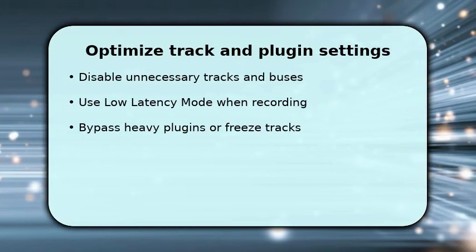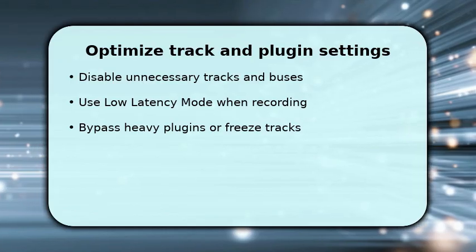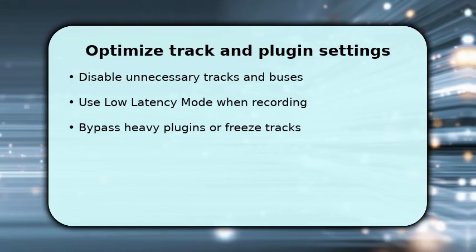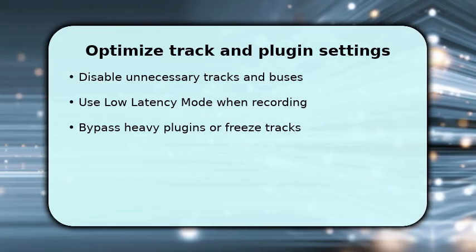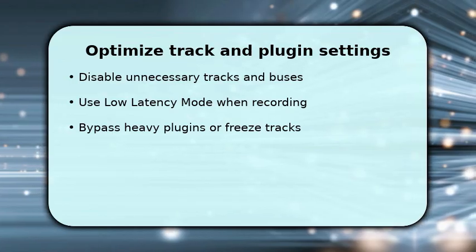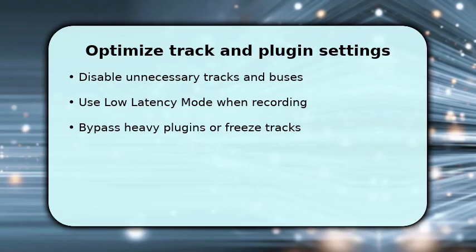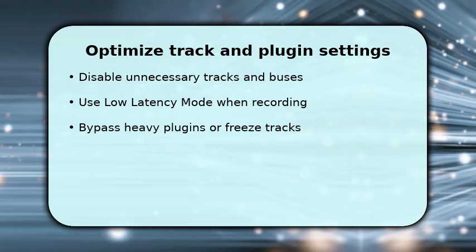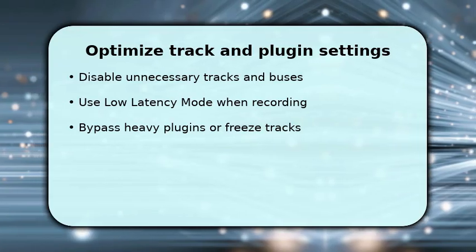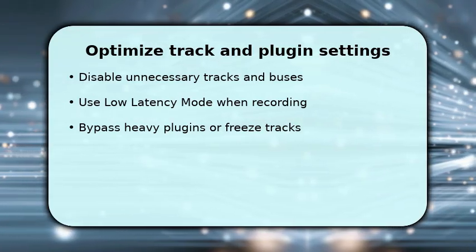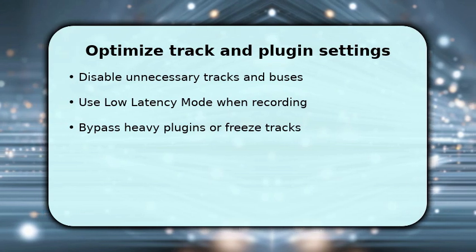Next, you trim system demands by disabling any tracks you don't need and collapsing aux buses. Once done, enable low latency mode in the track menu so Garageband bypasses latency-causing plugins while you record. Make sure to bypass or remove heavy amp sims, reverbs, and look-ahead compressors. Instead, freeze tracks or record dry, then add effects later. This reduces processing time per buffer and prevents audio dropouts, allowing you to play with near-instant feedback while preserving CPU